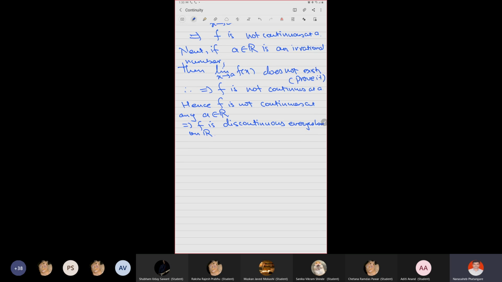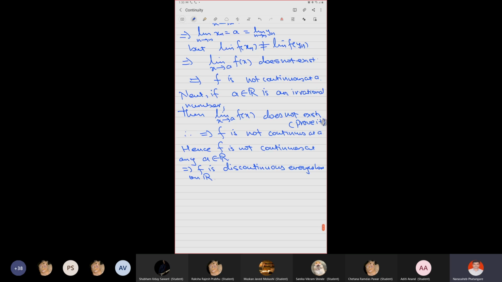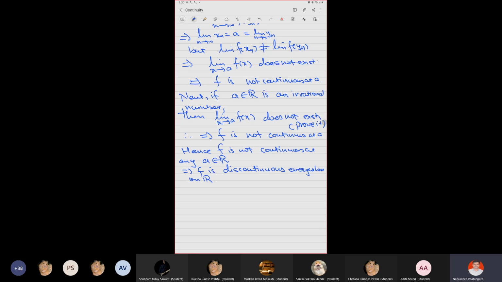Therefore, this is a very bad kind of function as far as continuity is concerned, because it is discontinuous everywhere. So now I will define a new function: f of x is x if x is rational,